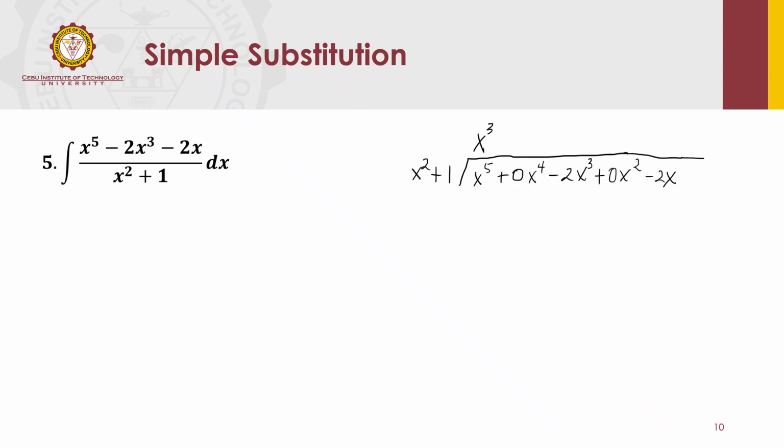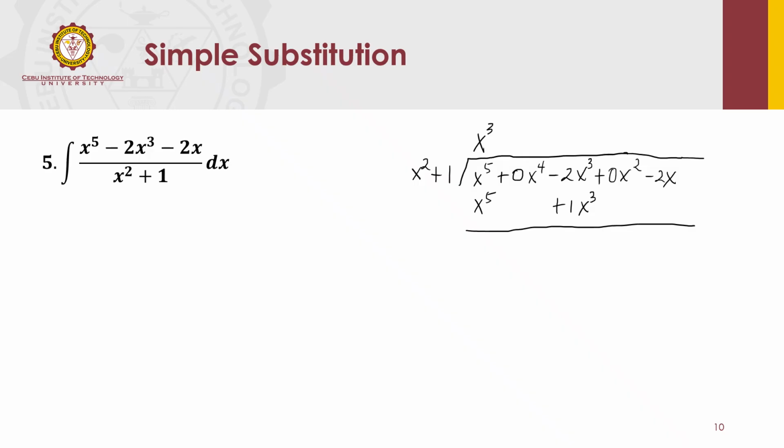Okay, and then multiply that x cubed by each term of your divisor and put the result below your dividend. So that's x to the power of 5 and then x cubed. 1 times x cubed is x cubed. So you need to look for the column for x cubed and write the result there below this negative 2x cubed. So it should be plus 1x cubed, or just x cubed. And then put a line and then perform subtraction.